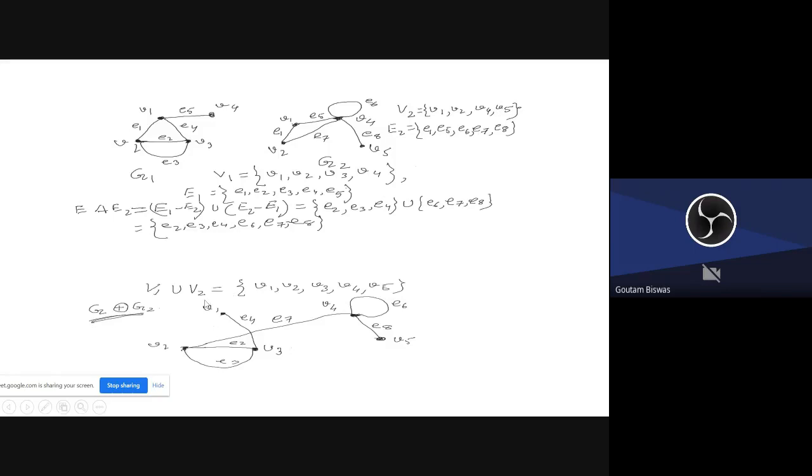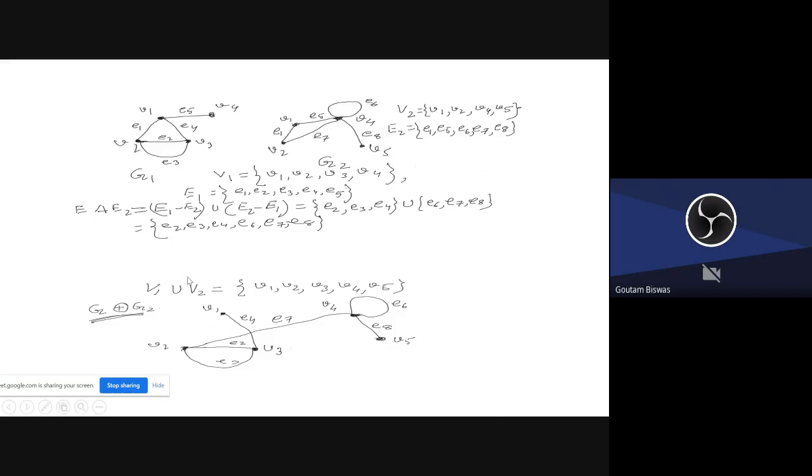Next is V1 union V2. This is the V1 set and the V2 set, so you can easily take the union. So the ring sum is this graph. You have to draw the graph of the ring sum. Here it will be G1. These two are mistakes, E1 and G1, you just correct them.